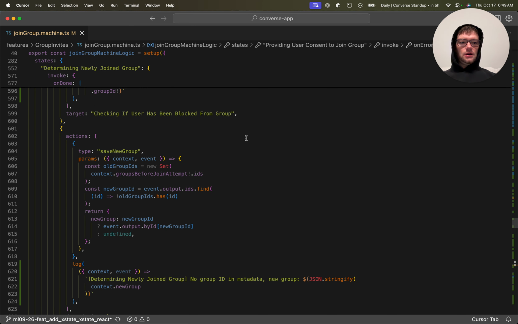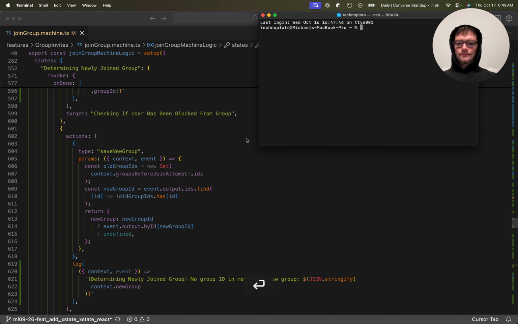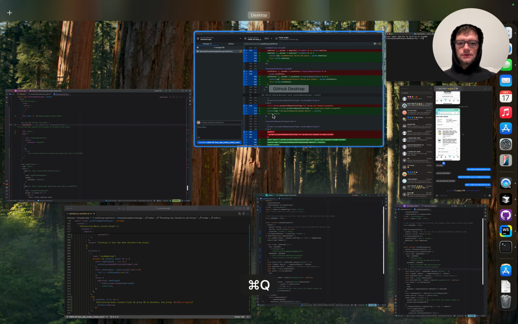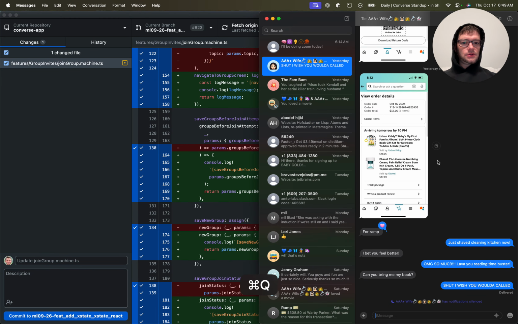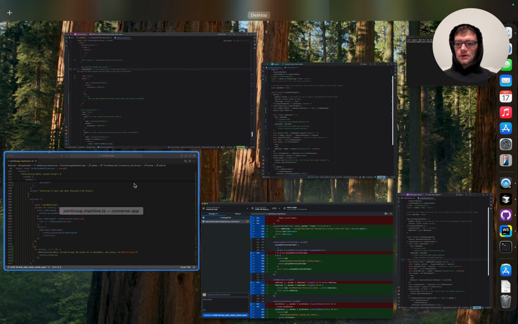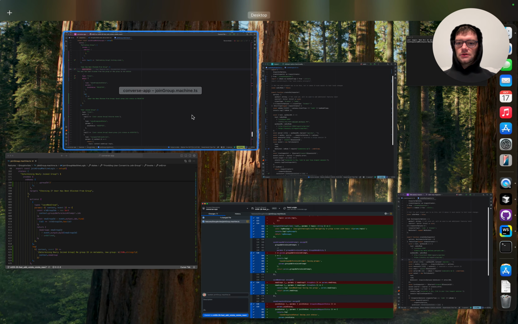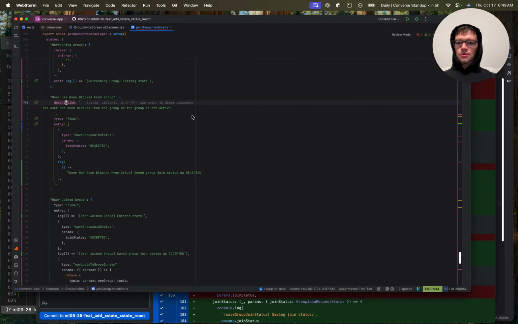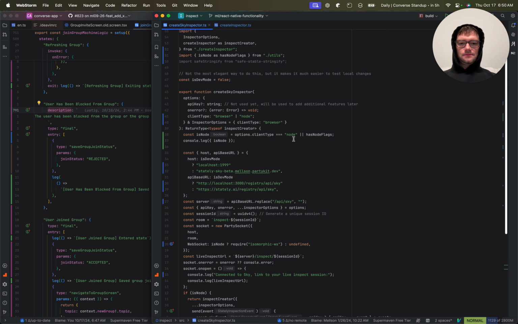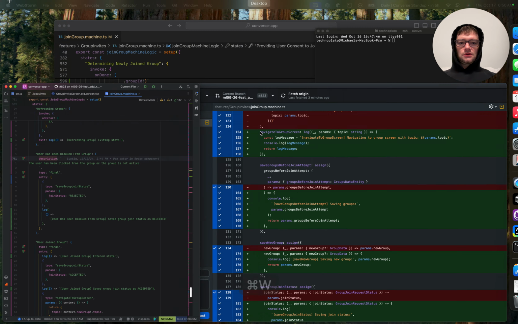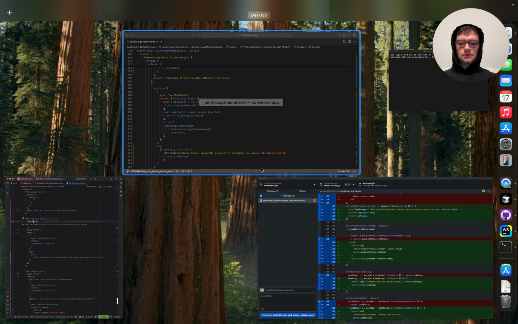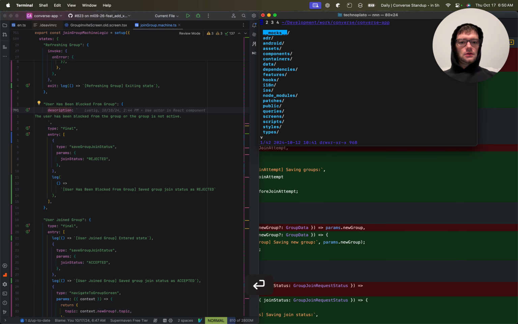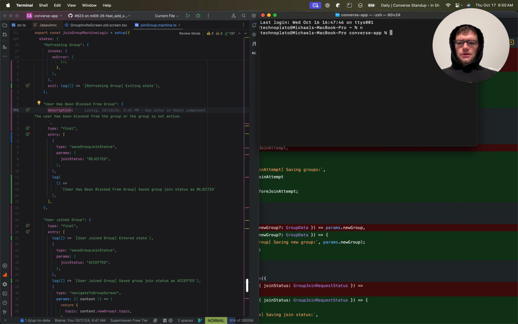Let's see. I'm going to close this. That stays open. These get closed. Join group. Let's see, Converse app. I'm a little weird, so sometimes I start working on inspect. I'm going to close this for now. I work in WebStorm and Cursor. So what I'm going to try and do here